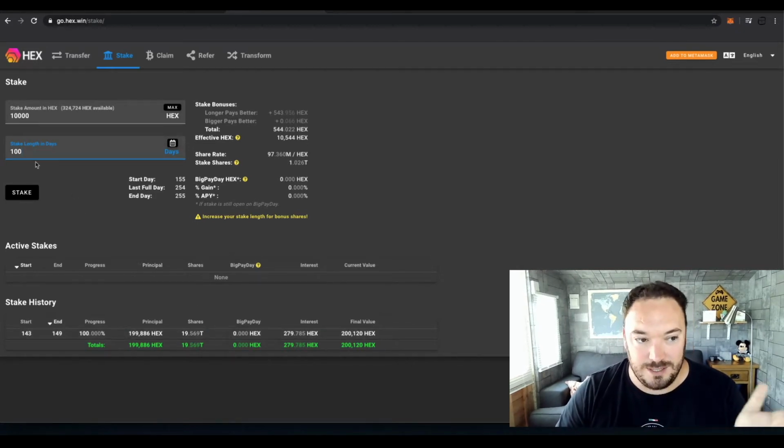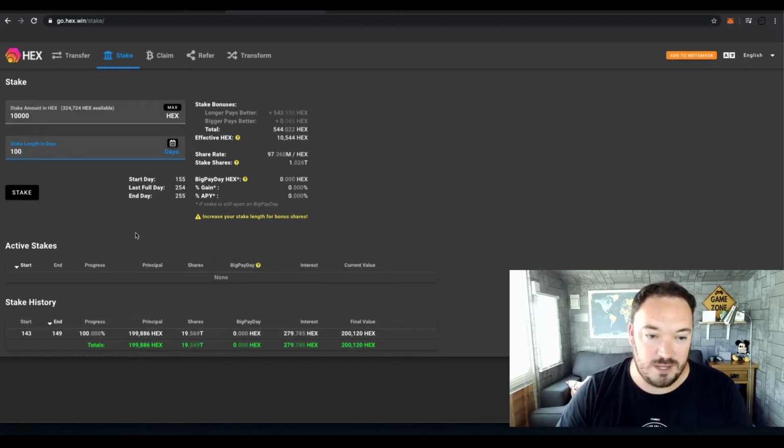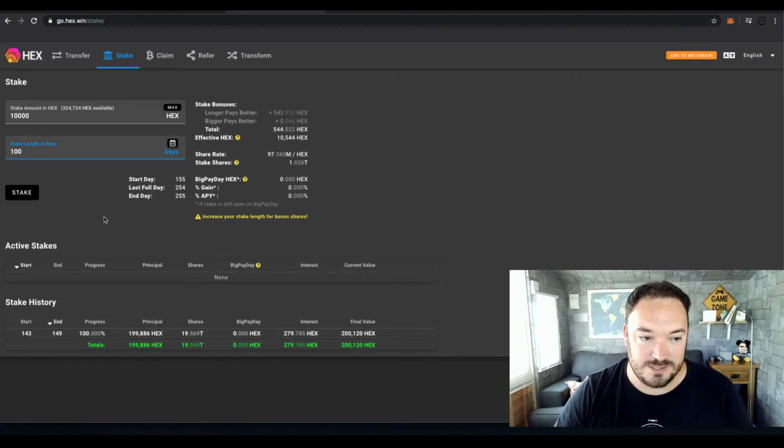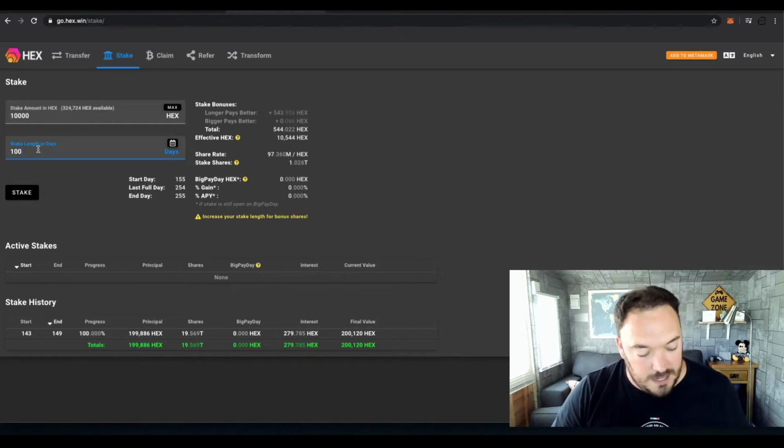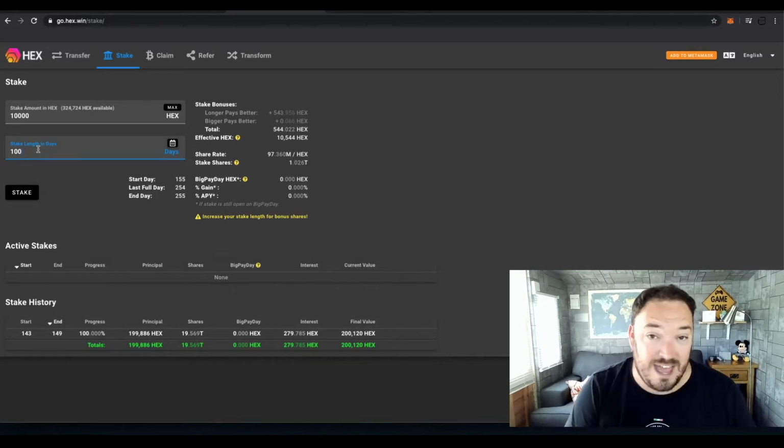I'm going to create a stake and I'm purposely going to end it to see what the fees would be and stuff like that and how it would affect me. So I'm going to do that in a video for you guys. But let's say that I was to stake for 100 days. If you start getting into a point where you need that money back, and say you're 50 days into it,